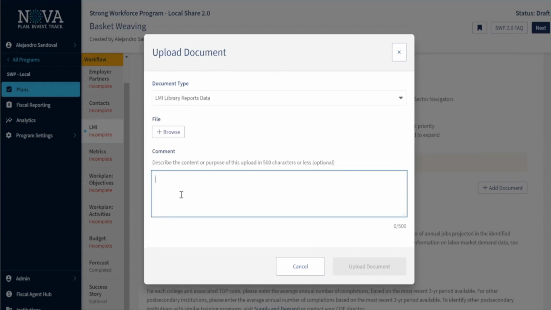In the comments section, please let us know where you actually are pulling the data from. In many instances, we've seen 200-page documents uploaded per plan, and it's near impossible for your monitors to see through all that data and find the specific data piece that you're using for this plan. So please let us know the page number as well as a little bit of information of the data that you're using as supporting evidence.